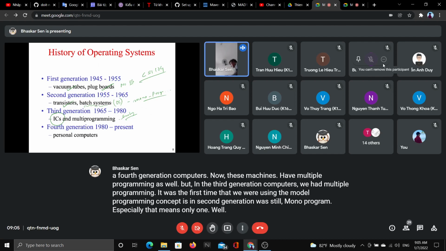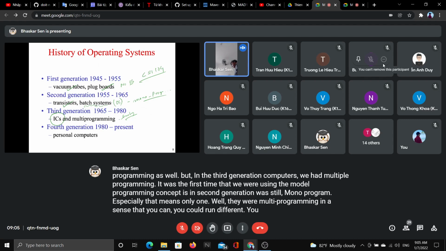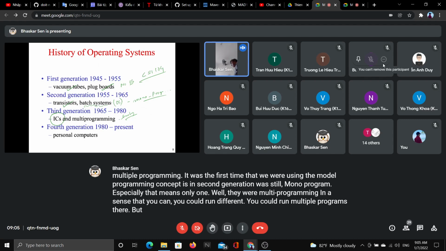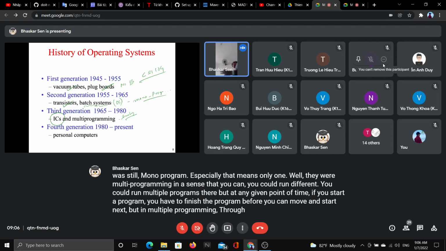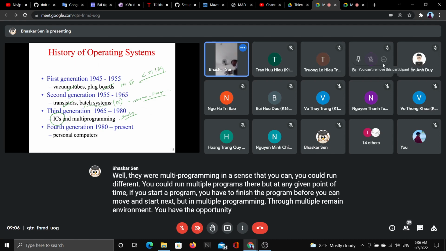Well, they were multi-programming in a sense that you could run multiple programs there, but at any given point of time, if you start a program, you have to finish the program before you can start the next one. But in a true multi-programming environment, you have the opportunity to swap